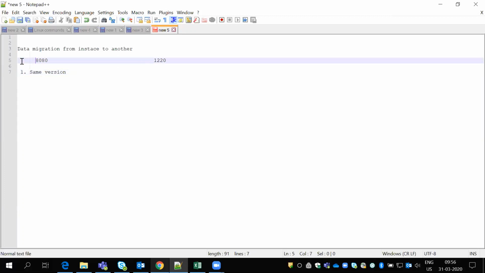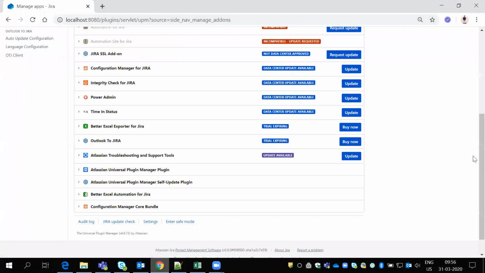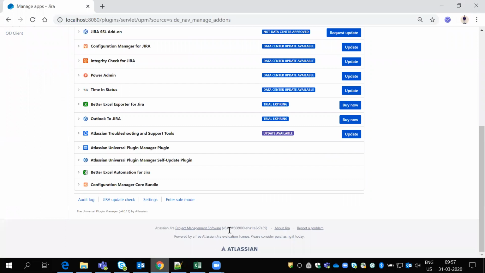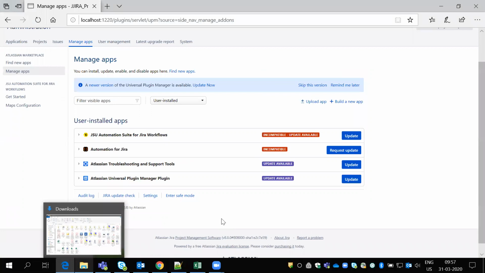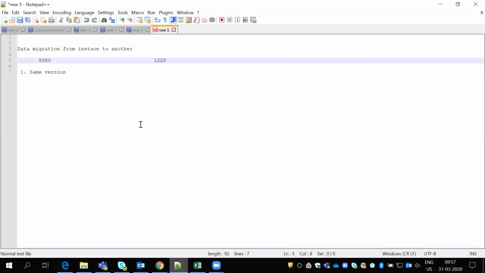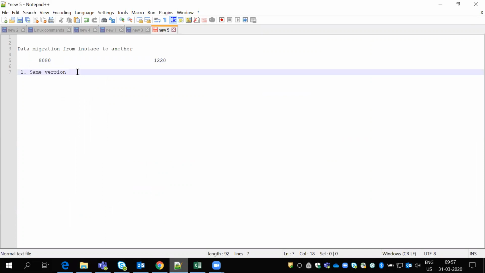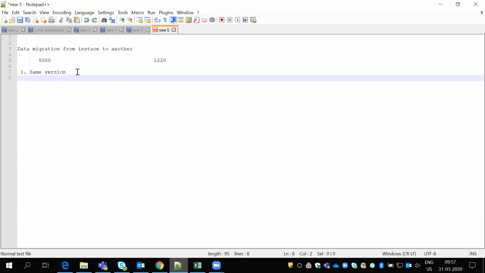If the versions are different, the data will not import, and we will get an error while importing. My version here is 8.8.0, and this one is also 8.8.0. At organization level as well, if they use test and production environments, they keep maintaining the same versions.